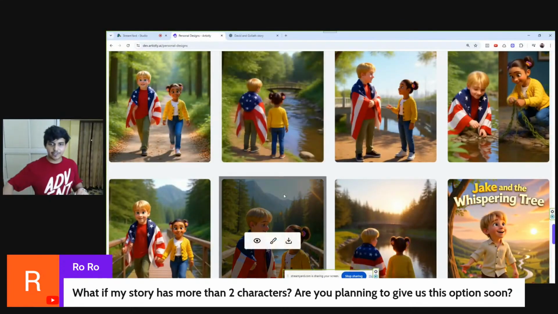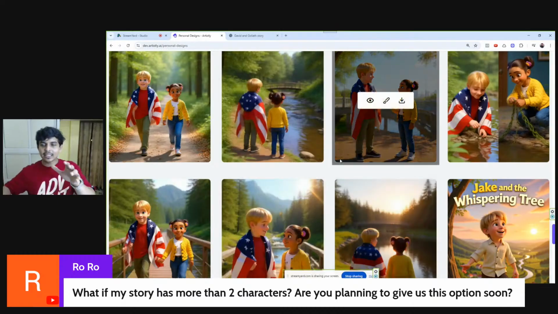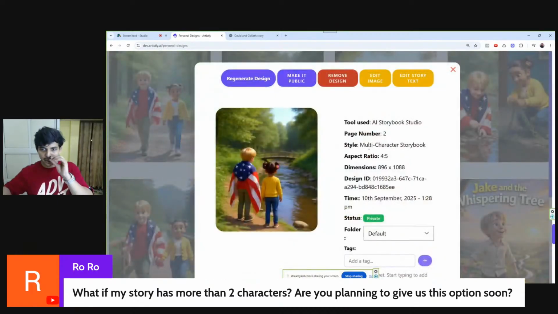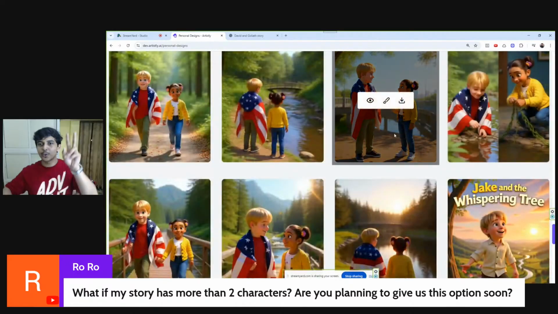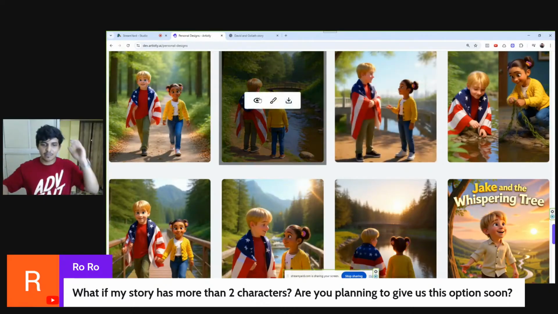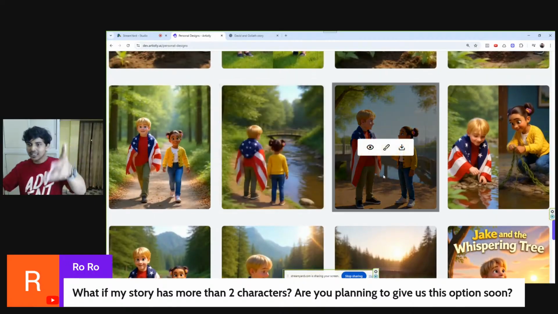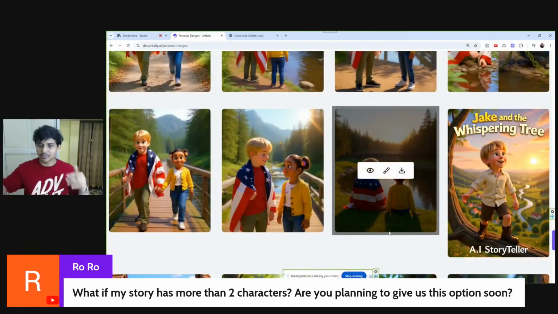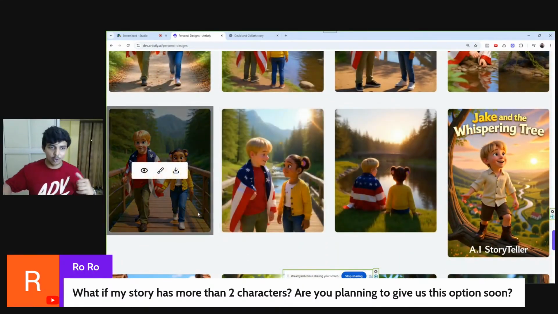When you give a perfect prompt, see, I created this using the multi-character storybook, where I gave it two images of two kids. Let's say you have two kids, a grandson and a granddaughter. You can combine them. Sometimes they're interacting, sitting together, or holding hands.